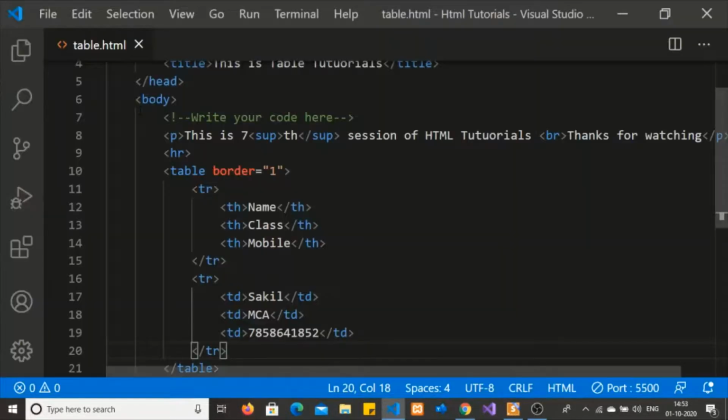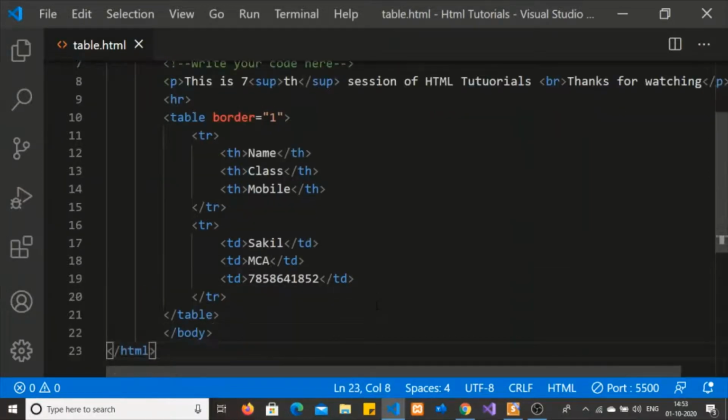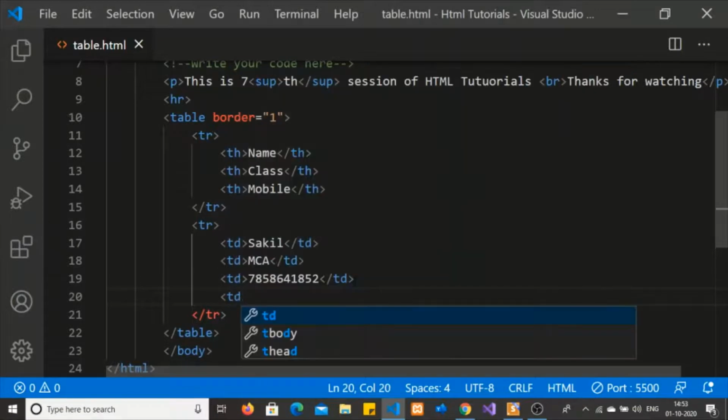Yeah, as you may see here, this is the heading tag, so it seems some bolder, and this is the data tag, a data element of the table, so it is some lighter than the heading. Let's suppose I have 2 mobile numbers. So what can I do?